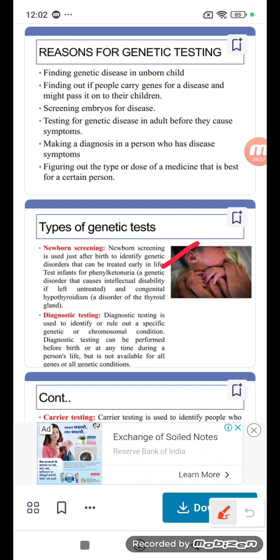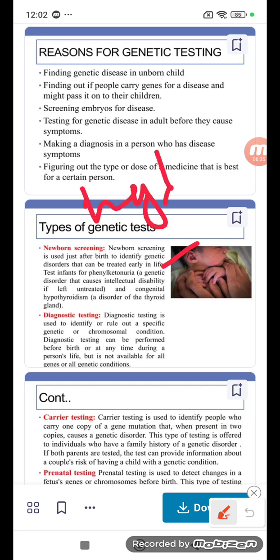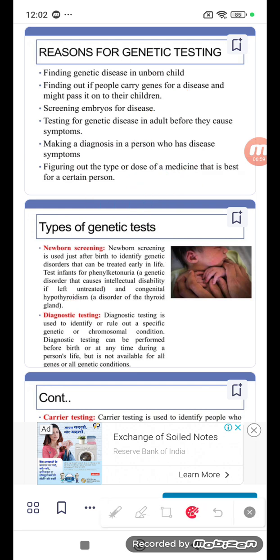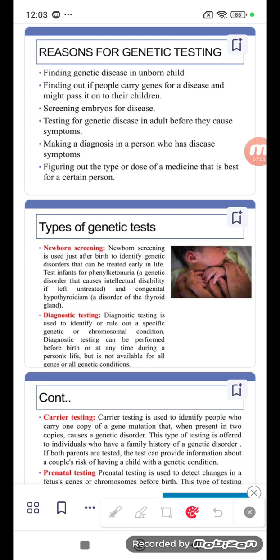Phenylketonuria is developed due to the deficiency of hydroxylase enzyme. This hydroxylase enzyme deficiency leads to phenylketonuria. This is an inborn error. Actually, it is an inborn error. So this is one type of problem, and hypothyroidism-related problems are also determined after delivery by genetic testing. This is one. And diagnostic testing means testing used for the identification or ruling out of a